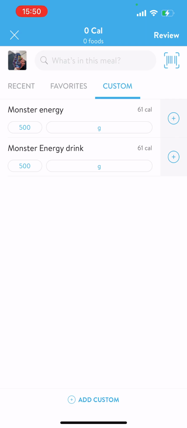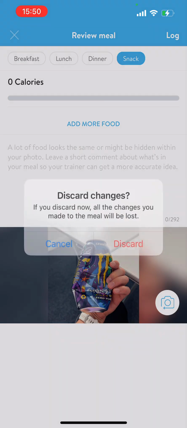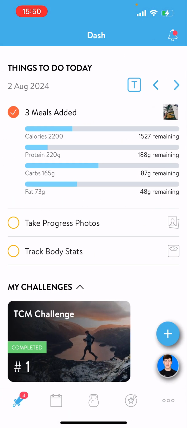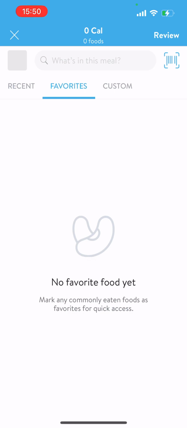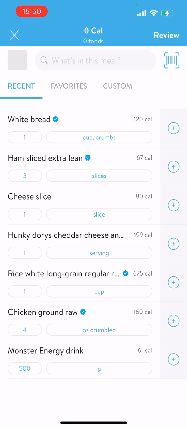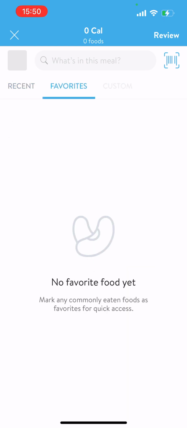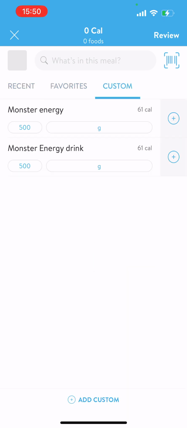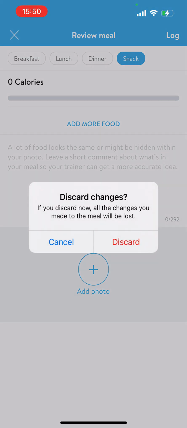So that's just a quick rundown on how it works. It is very useful, and it's very, very similar to MyFitnessPal. I would suggest that you build up a bank of favorites, so you don't always have to come in and scan things. And it does have a pretty good verified database as well. So very, very useful, and you can put in some custom stuff that doesn't have it. So hopefully you find